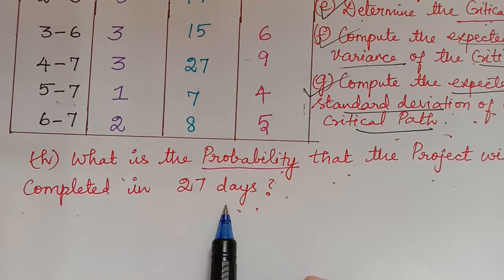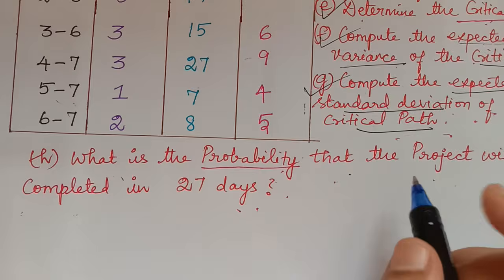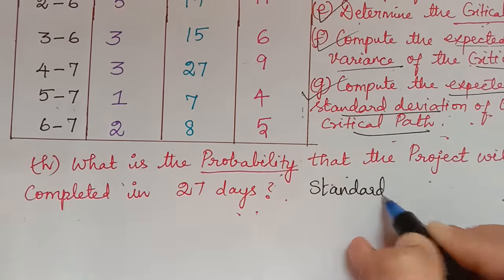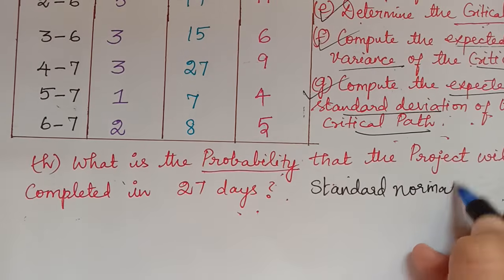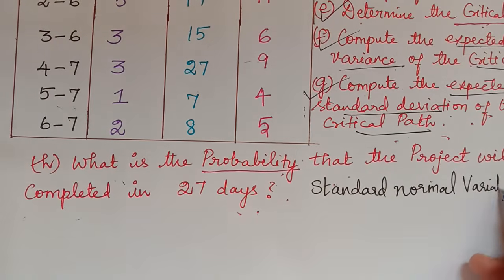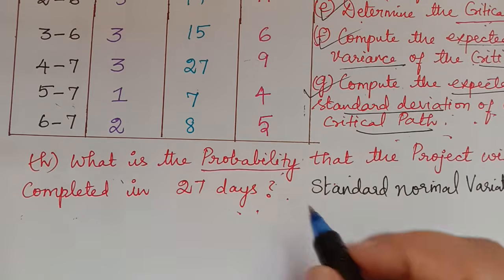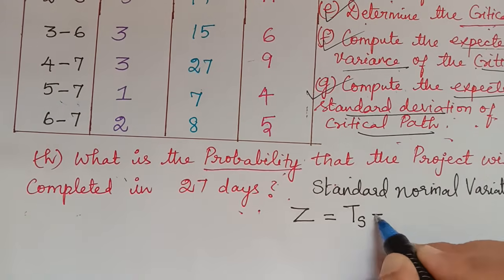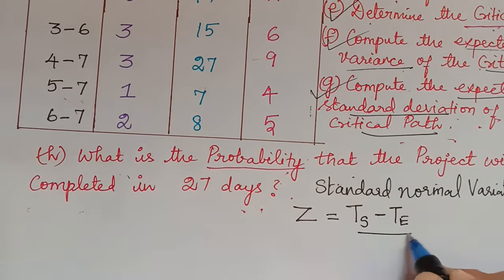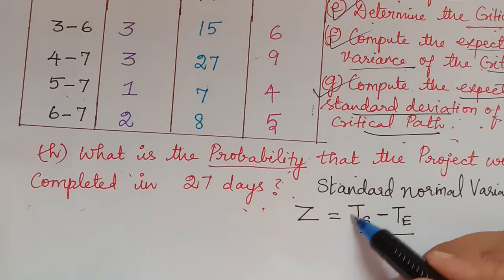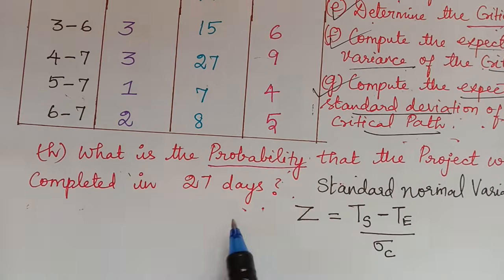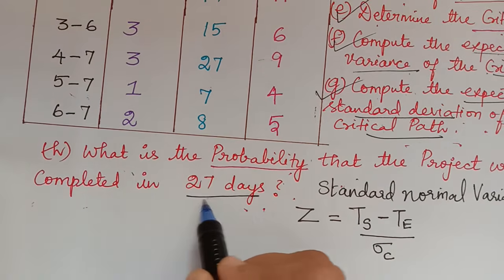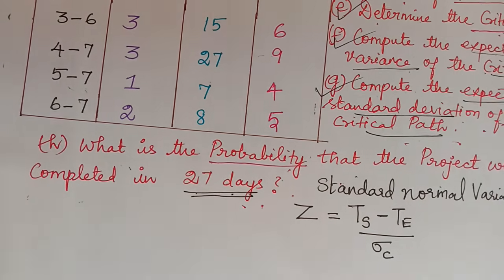To compute this probability, we have to first calculate, always remember, the standard normal variate. So we have to first calculate the standard normal variate, which is given by Z is equal to TS minus TE divided by sigma C, where this TS is the time given, that is the specified or scheduled time to complete the project. So what is the specified time? It is given 27. So TS is